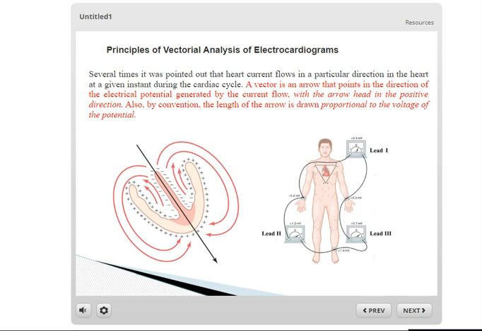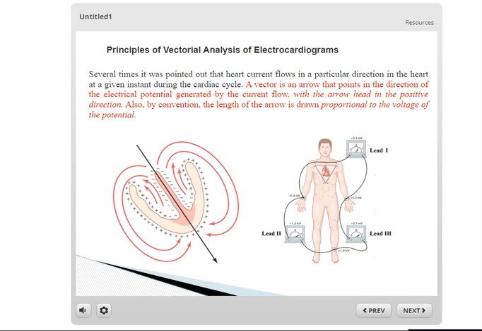A longer arrow signifies a stronger electrical impulse. The electrical potential generated by the heart's current flow can be understood in terms of voltage. The voltage reflects the strength of the electrical signal, which is essential for the proper functioning of the heart's electrical